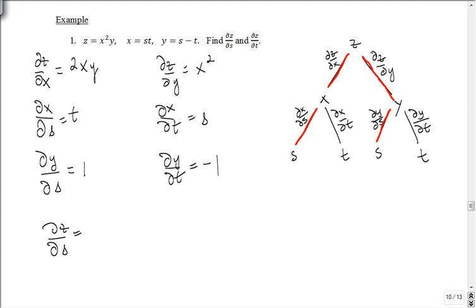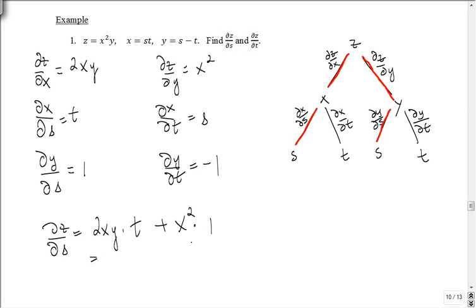So multiply these two, and add them up. So this would be 2xy times t plus x squared times dy times 1, which is equal to,